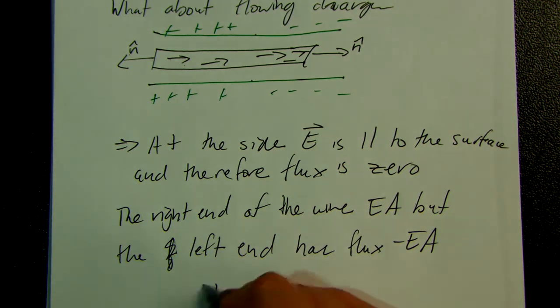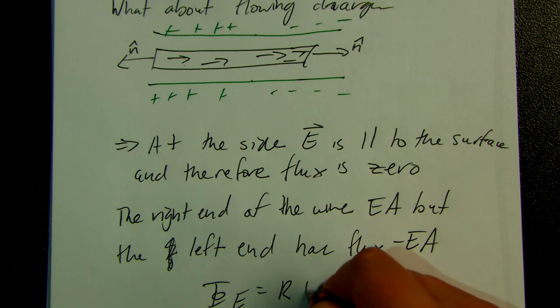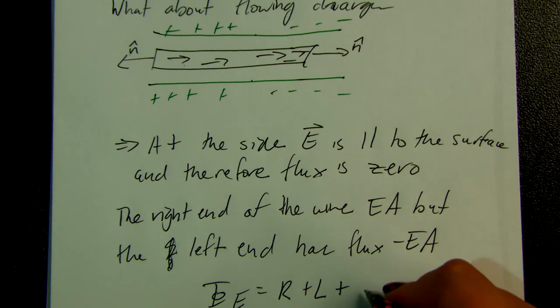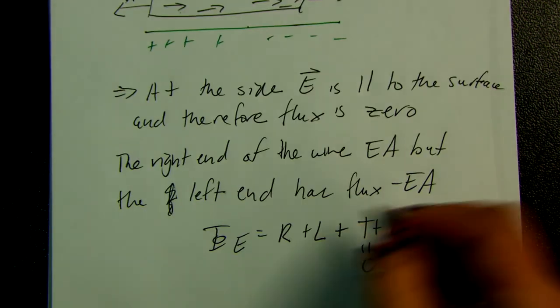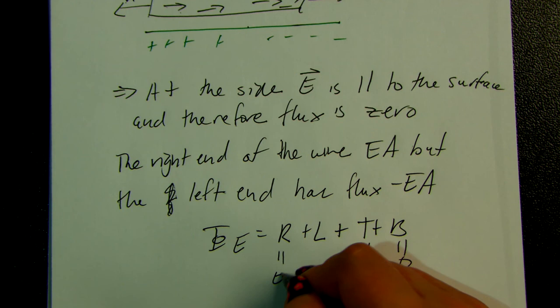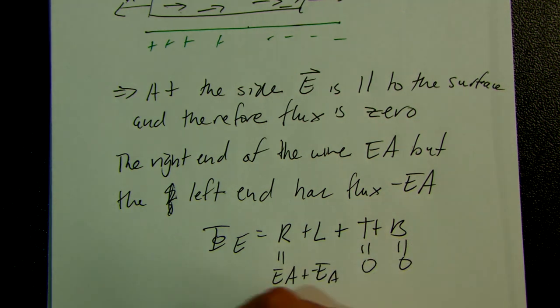Therefore, the total flux is equal to right side plus left side plus top plus bottom. So this is equal to 0. This is equal to 0. This is positive EA. This is negative EA. Therefore, flux is equal to 0